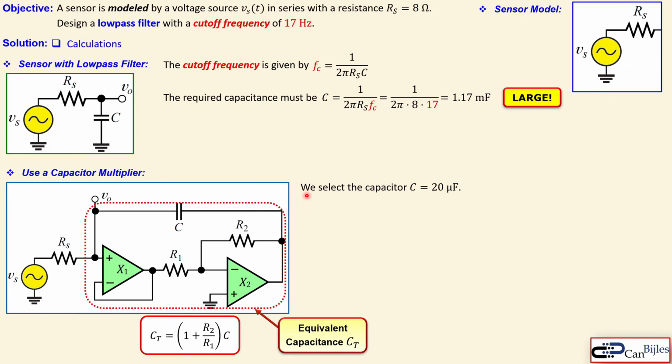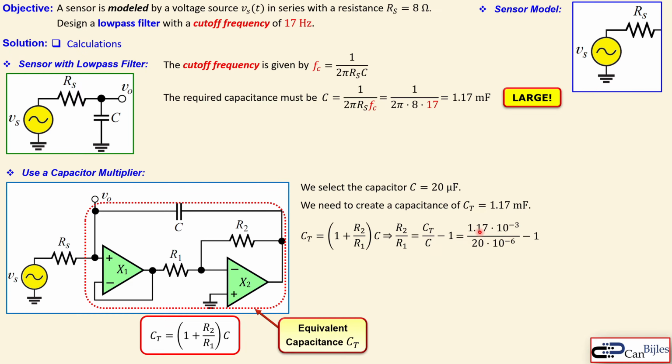So we can now select the capacitor, in this case a more convenient value of 20 microfarads, and then we need to create now a CT which is then 1.17 millifarad according to this design. Again, you bring up this equation. Now we can say again R2 over R1 must be then CT over C minus 1, and that is then equal to 1.17 times 10 to the power minus 3 over this 20 microfarads minus 1, and that equals